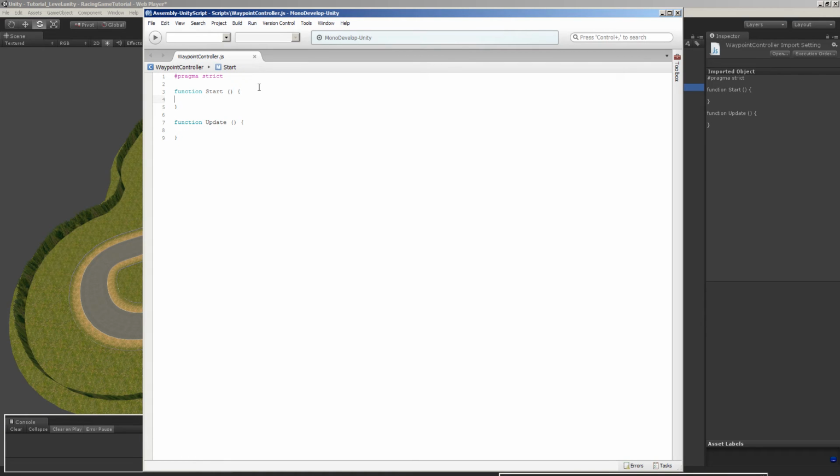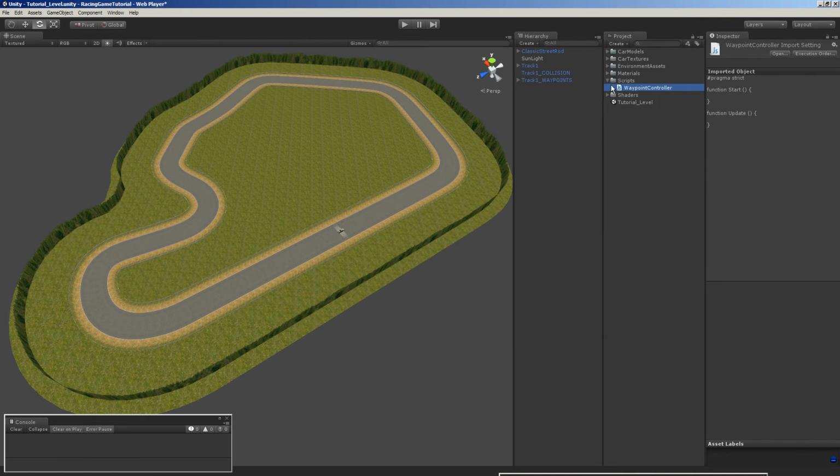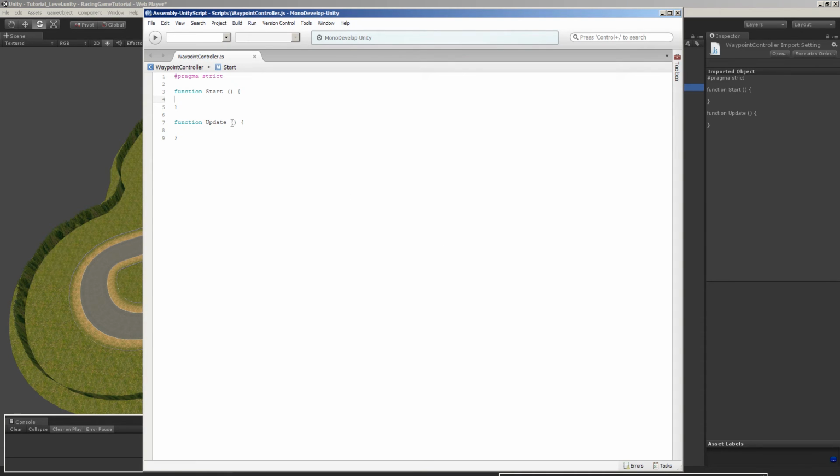The only thing I would probably advise against is mixing the two, C# and JavaScript, in the same project. It's okay, as long as you can sort out, if you Google script compilation order in Unity, it becomes an issue if a JavaScript cannot physically find a reference to a C# script within the same project, and that sometimes is an issue, but there are ways to make the scripts be able to see each other, so it's just a workaround. But if you're just sticking to one language, like all JavaScript or all C#, you're good to